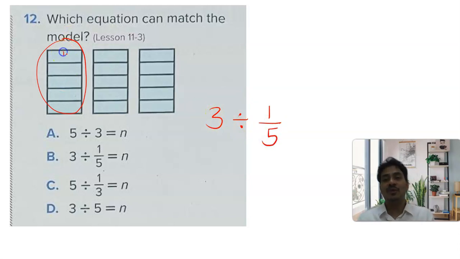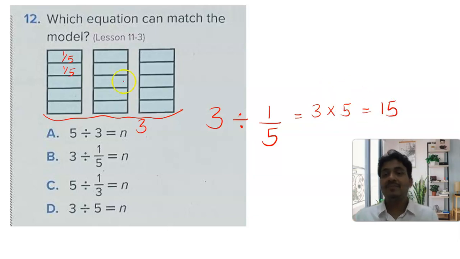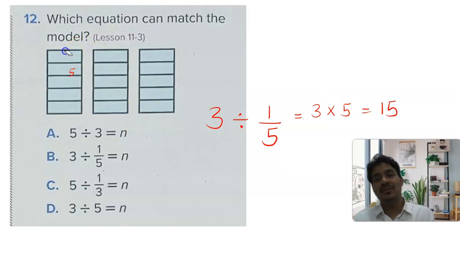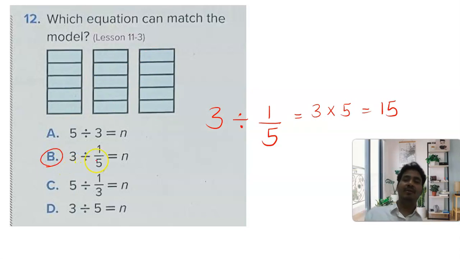1/5, 1/5. See, this is 1/5 and 1/5 and so on. So you have 3 blocks and you divide each block into 1/5, 1/5, 1/5. This is 3 divided by 1/5. And when you solve, it is keep, change, flip. The answer is 15, which is correct, because as you can count, 5, 5 and 5, total 15. So our answer is correct. Answer is B, 3 divided by 1 over 5. Is that clear? Next,